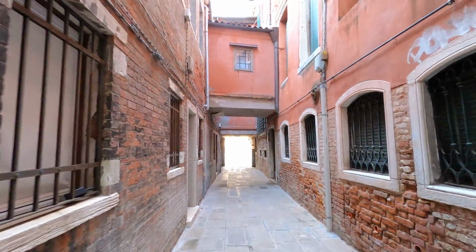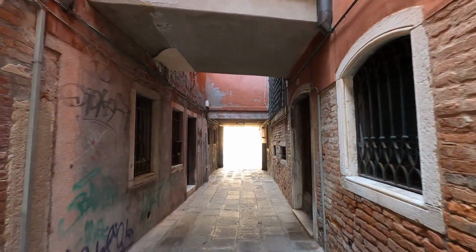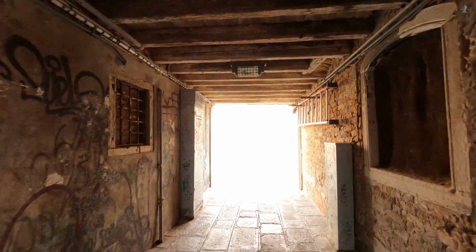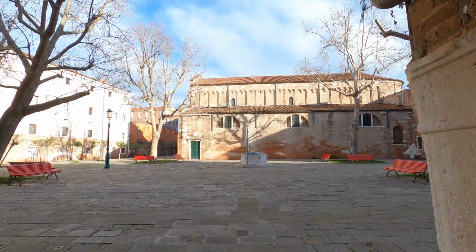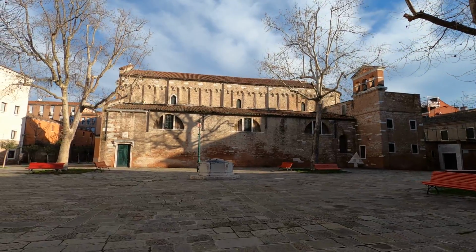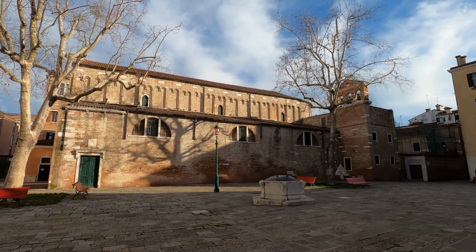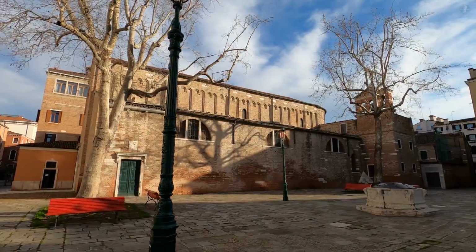Immediately, we're taken from the wide-open views beside the Giudecca Canal into a narrow, dark alleyway that passes underneath the houses of the Zattere. But this provides us with a handy shortcut towards some of the most spectacular buildings of Dorsoduro, as we now make our way across the district in the direction of the Grand Canal. Emerging back out into the light, we suddenly find ourselves on the spacious Campo di Sant'Agnese, yet another of the many fetching local squares in Dorsoduro,